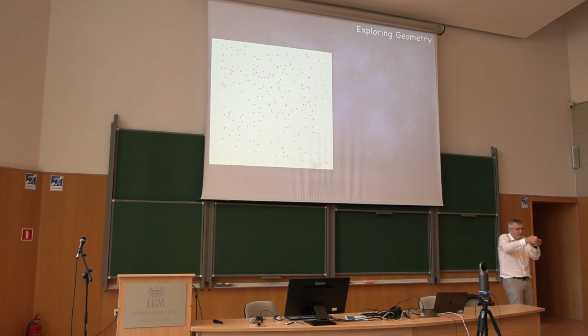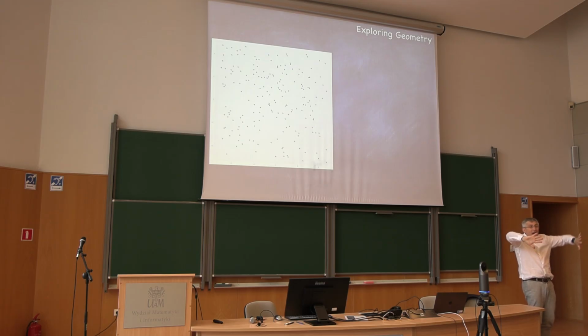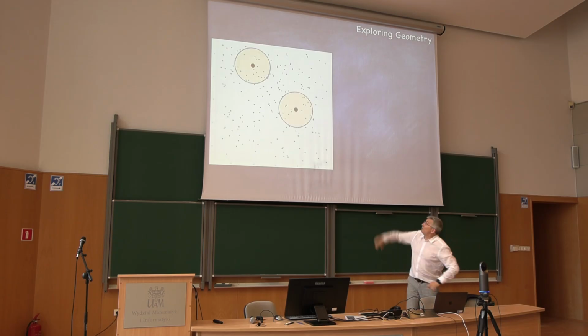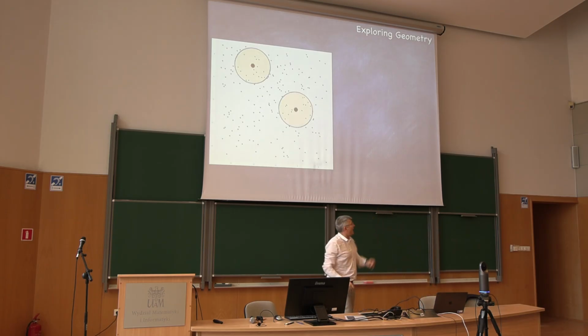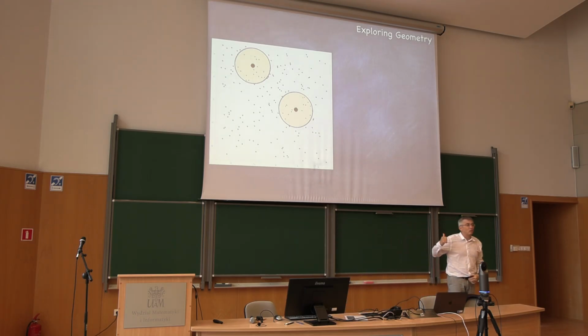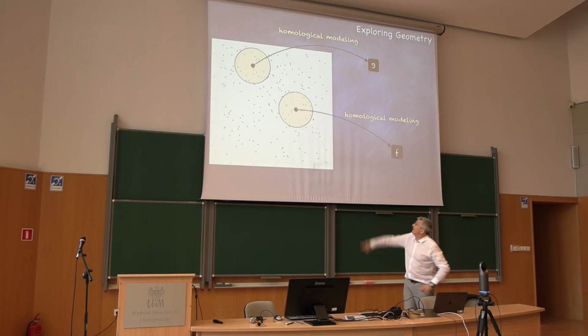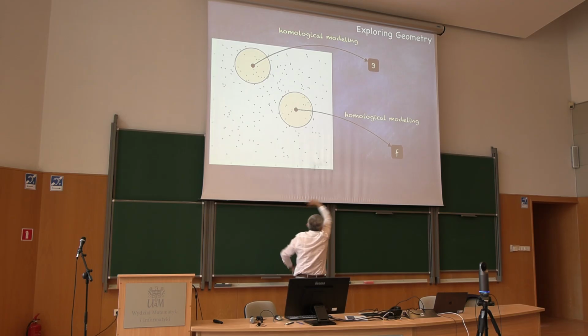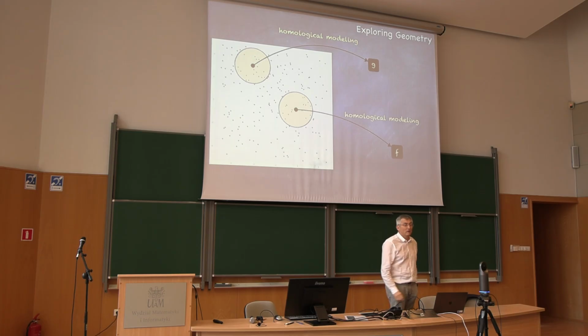So here's another one. I just showed you a data analysis pipeline, a topological data analysis pipeline, and how we can expand it. I will expand it even further. This is your data. So you took some points in your data, and you might wonder, how does that point, this one big black dot, embed in your geometry? We do the same thing. So you look at the neighborhood, and you ask, what does the neighborhood of that point look like? So I can apply your homological modeling. For each point of your data, you look at its neighborhood, and you represent the geometry of that neighborhood with some of your favorite homological modeling.